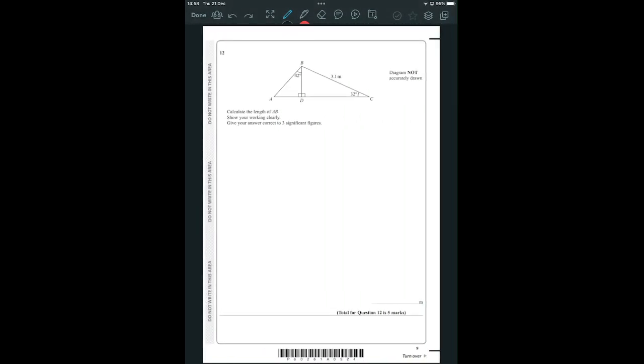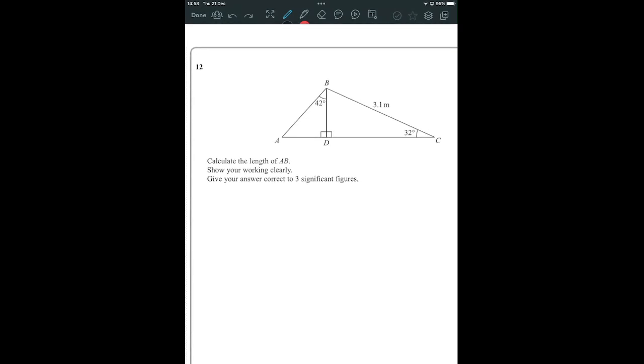Question 12. A bit of trig coming in finally. We want to find the length of AB, but in the triangle that AB is in, at least a right angle triangle ABD, we only know one thing. So we need another thing to work out first, and it looks like BD would be that helpful thing. So in